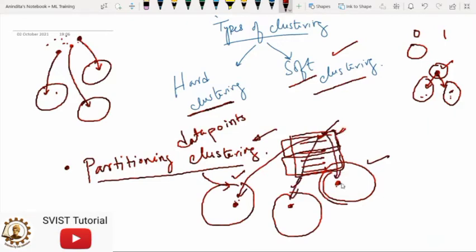So if this point is near to this centroid, then we can say that this point should belong to this cluster, because this point is near to the centroid, which means this point has some similar features with this centroid. So this point should come to this cluster. Partition based clustering means this kind of clustering works on a centroid based method. Selecting the centroid is one of the main objectives of this kind of clustering, and K-means clustering falls in this category.